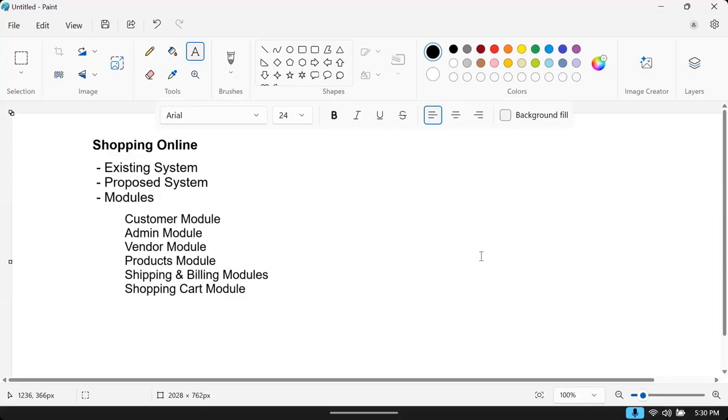Suppose we take one example of a sample project. You can get several project ideas and inputs from official bodies. We have IEEE. Suppose you are doing graduation or post graduation in computer science, and you need to submit academic projects.